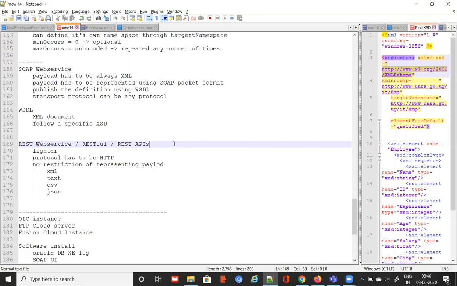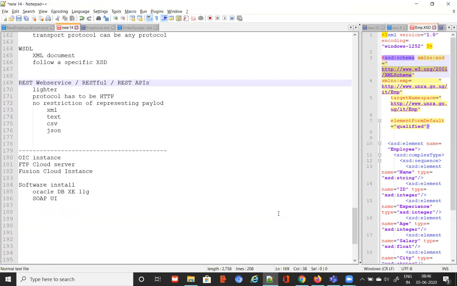So your UI will always be accessing your backend with the help of REST APIs. It doesn't understand about the database or your Java or your .NET. I don't care. I have a UI. Give me a REST API, I'm going to just call it. How you implement the REST API is up to you. You implement using Java, using .NET. Within the database itself, you have the ORDS service. You expose that. It's fine. That is the latest approach we follow in application development.